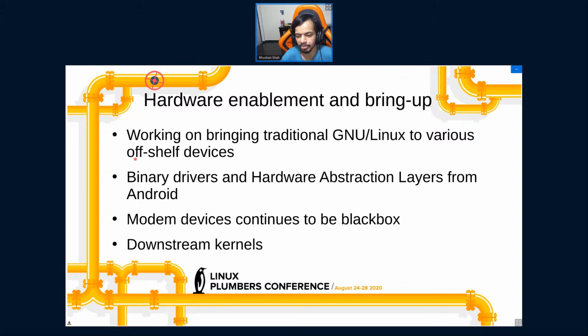When we started working with the Nexus 5, it supported only the 3.4 kernel, and that kernel was, if I remember correctly, already end of life when we started working on it. But we did not have any actual choice. So this is something we can also improve on.